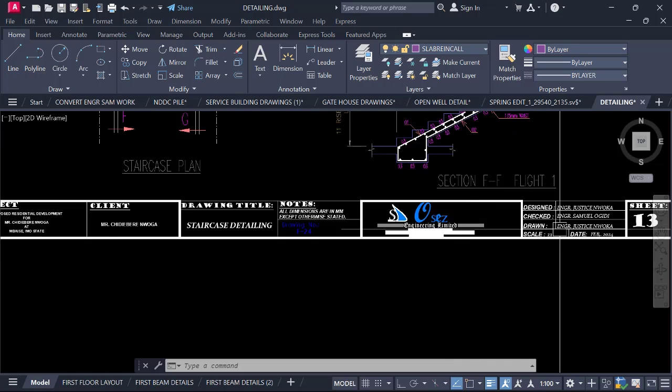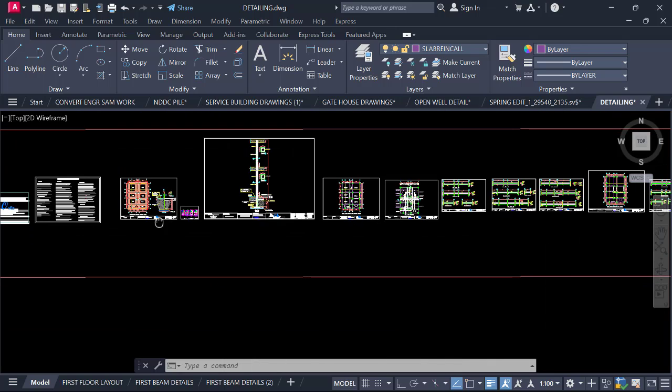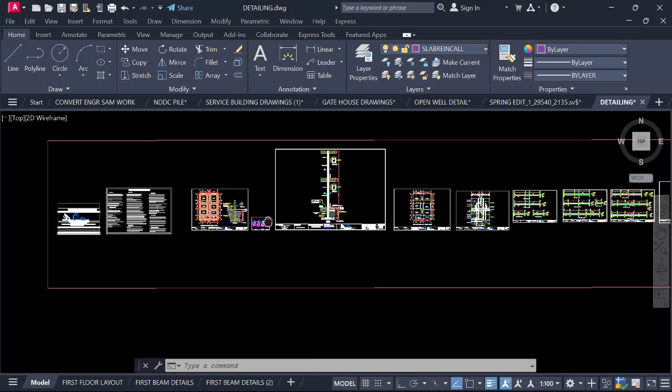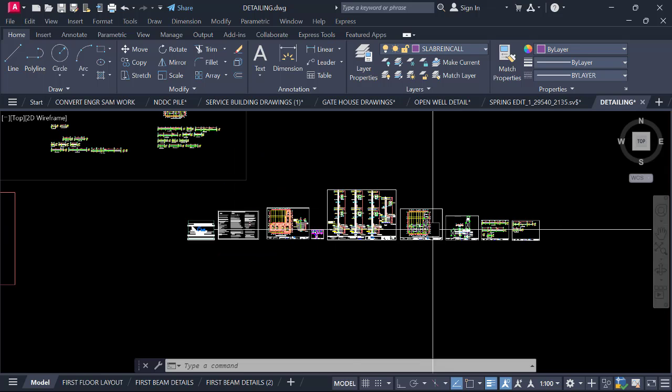Okay, so you can see how the drawings are being arranged. Most people don't know how to arrange drawings like this. But I have done this video and all that. Okay, so right now when you copy any